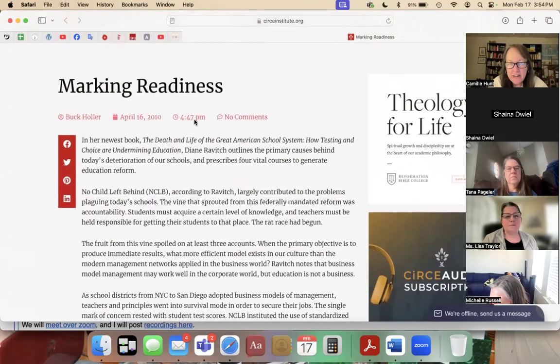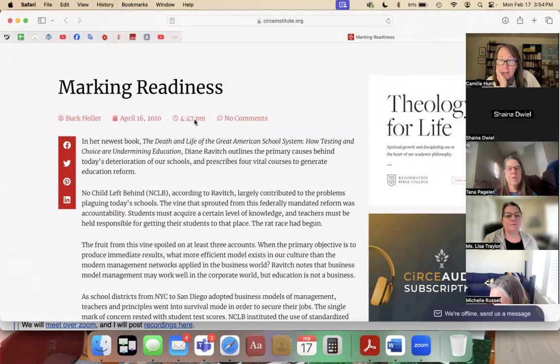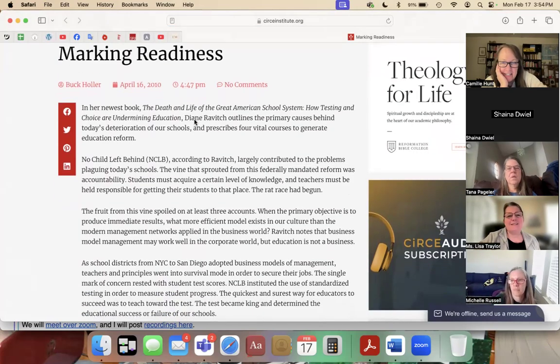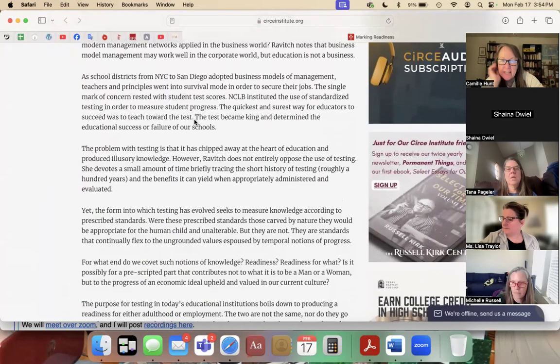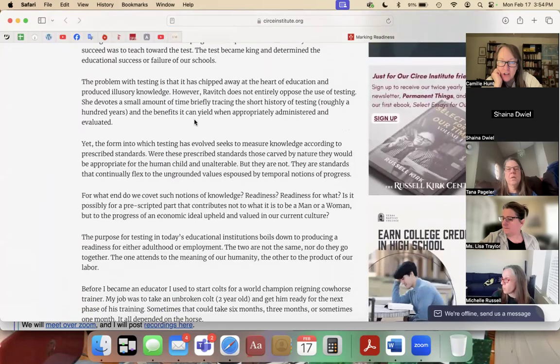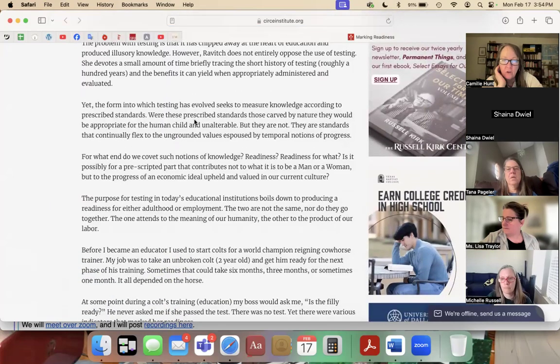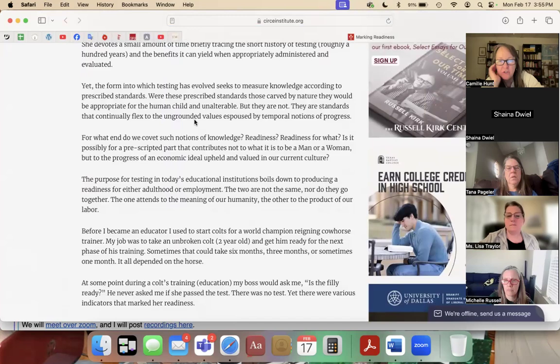But he talks about that. Buck Holler was a cowboy at one point, believe it or not. He writes in here about how he had to start the colts. His job for a few years was starting colts. He said, before I became an educator, I used to start colts for a world champion reining trainer, cow horse trainer. His job was to take an unbroken colt and get her ready for the next phase. And he said at some point the boss would ask,